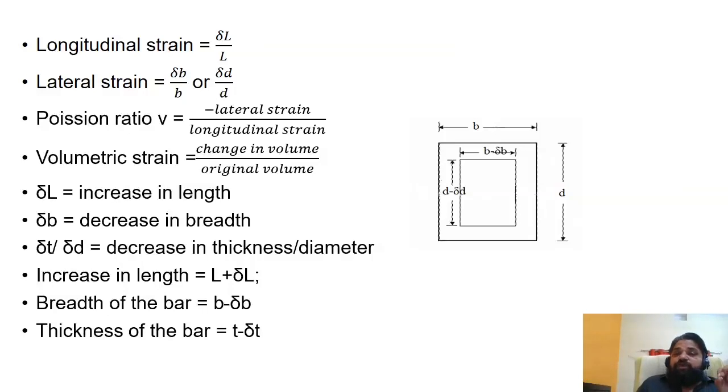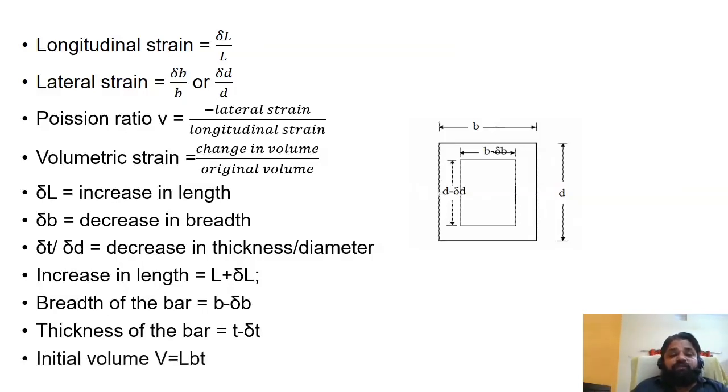As I said, we assume that the amounts of delta B and delta T have to be the same. Otherwise, the total lateral strain has two parts: it is associated with the width and it is associated with the thickness. Two different lateral strains are occurring at the same time. That assumption is necessary to establish the further relation, and we will also talk about that in the next slide.